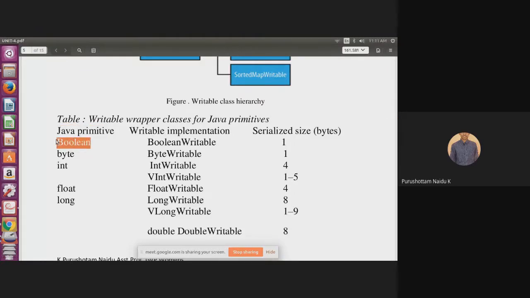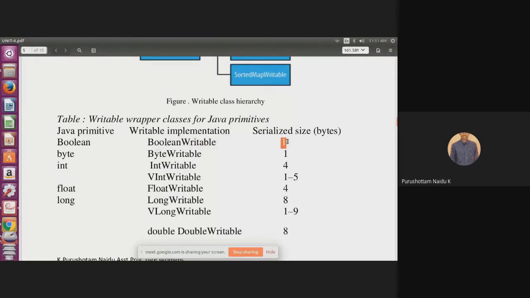The Boolean data type can be used as BooleanWritable in MapReduce. When we are writing a MapReduce program, if you need a Boolean type of value, we use BooleanWritable.